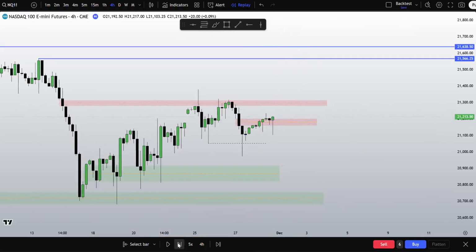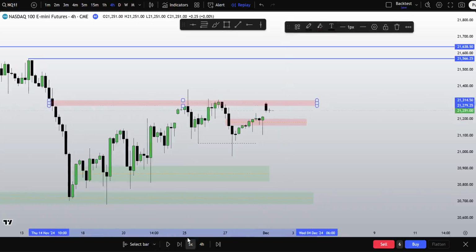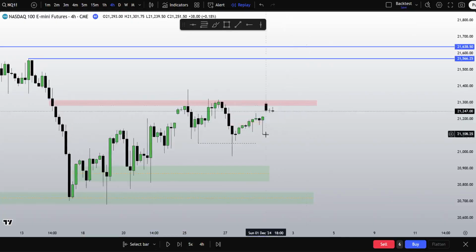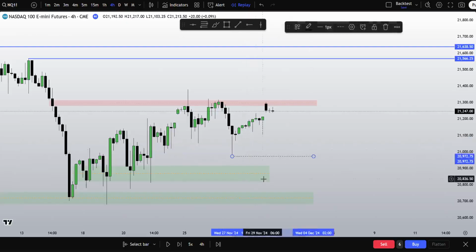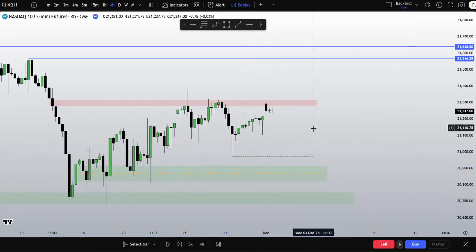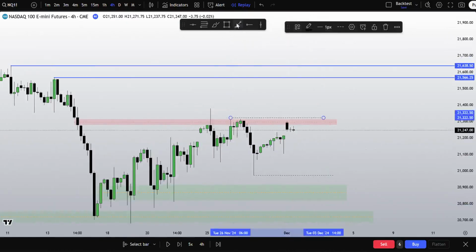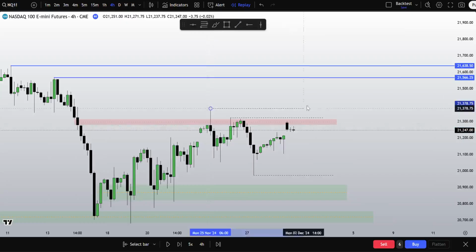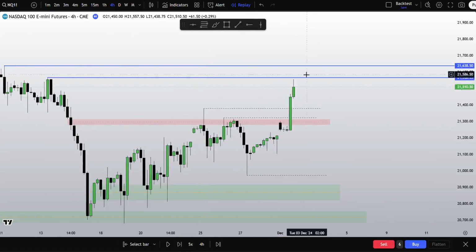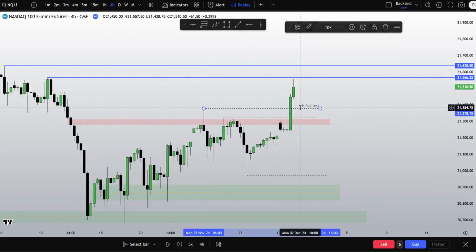Hold on. I want to see the disrespect. There we go. I want to see this imbalance now. Back at 21,279. There we go. It gets taken. Just like that. Now we react at this point. We have, keep in mind, high here, and then the highs I wanted initially. There we go, high, and now I want to see this one.